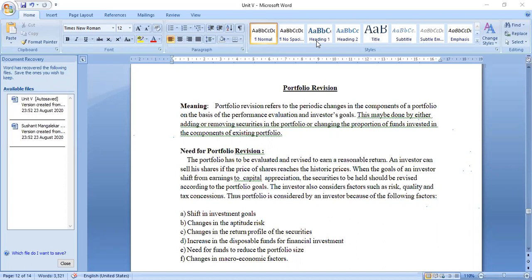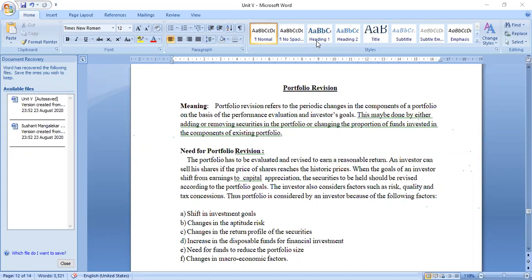So now what is this? With this we are going to understand what actually portfolio revision is. Portfolio revision would be the last step where we are making certain changes or alterations to our existing portfolio. Maybe we are going to reduce the proportion or we might increase the proportion. All the time portfolio revision doesn't mean that if there are negative returns I have to revise my portfolio. Not necessary. If your portfolio is doing well but every individual expects to earn some higher return, there you can have certain alterations in terms of increasing the proportion of your investment in those areas or in those particular company stocks which are doing extremely well.